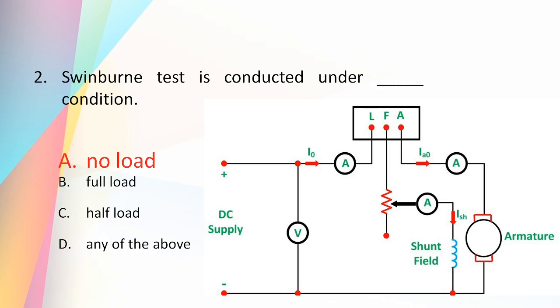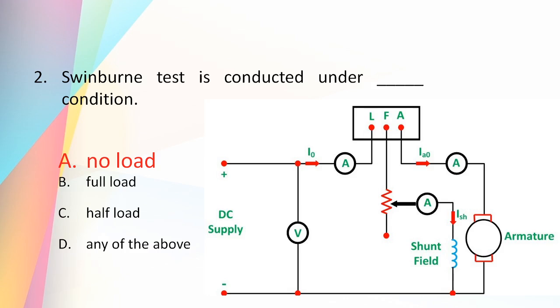Okay, so the machines are tested for finding out the losses, efficiency and temperature rise. For small machines, we can do direct loading, but for large machines, indirect methods like Swinburne's or Hopkinson tests are preferred. And in Swinburne's test, we are not loading the machine. The advantages are therefore the power required to test the machine is very small, and as the constant loss is known, the efficiency can be predetermined at any load.